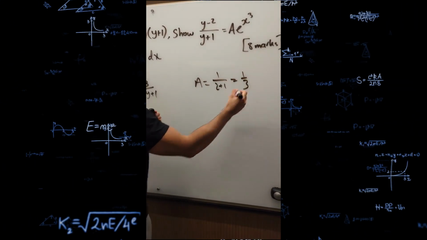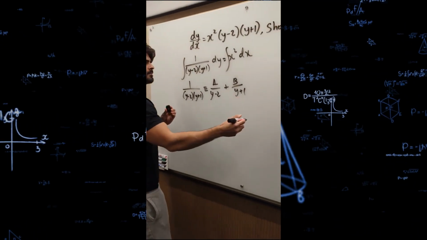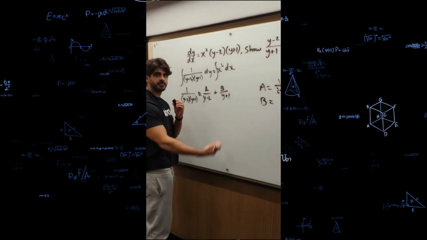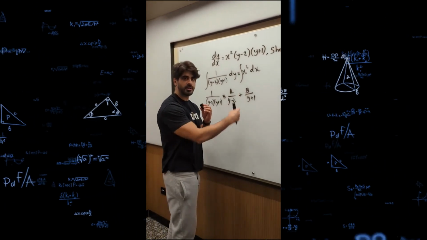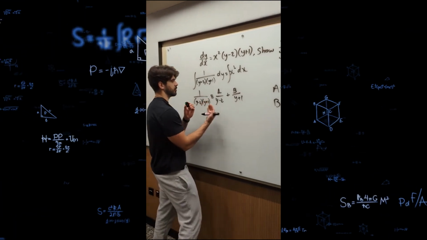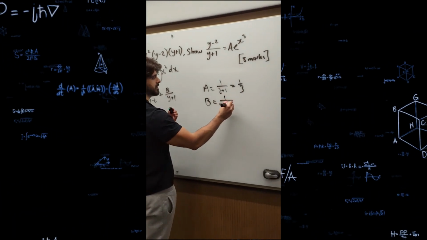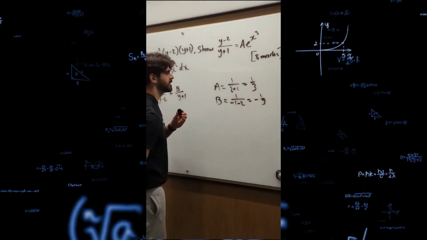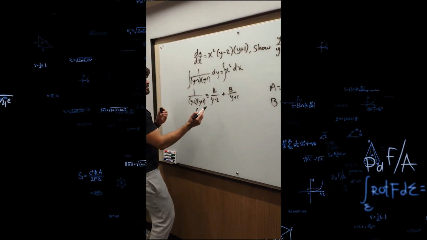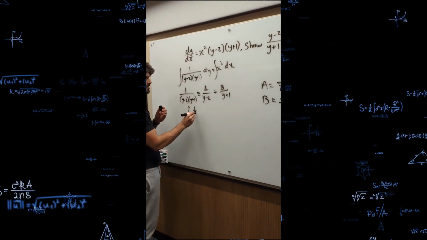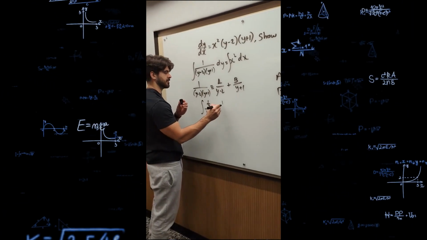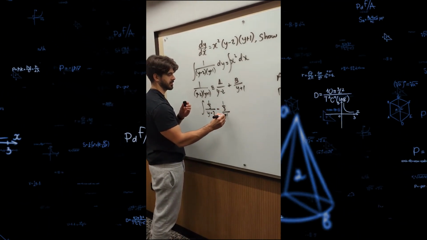which is 1/3. For B, what makes that equal 0 is minus 1, isn't it? So you cover that up, sub in minus 1. You get 1 over minus 1 minus 2, which is minus 1/3. So here you are integrating A, which was positive 1/3, over y minus 2, minus 1/3 over y plus 1